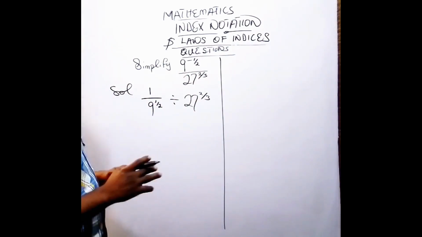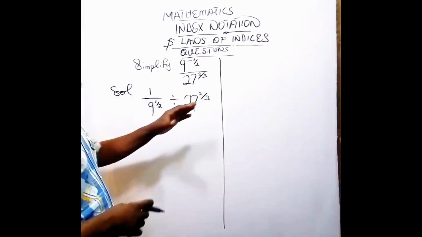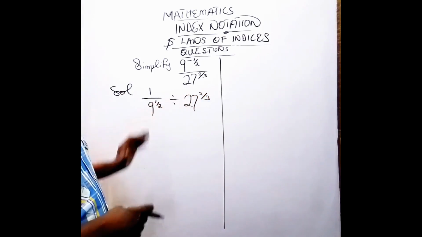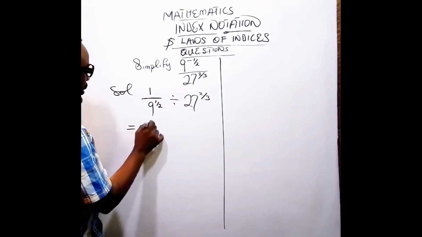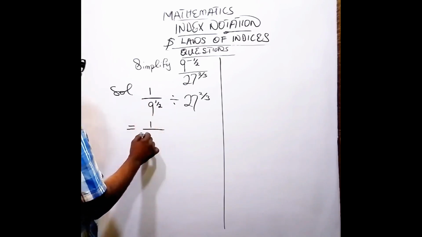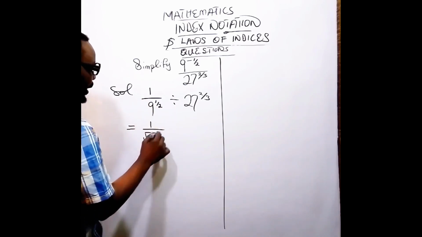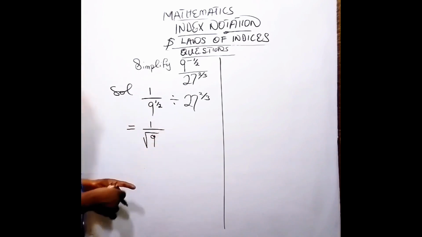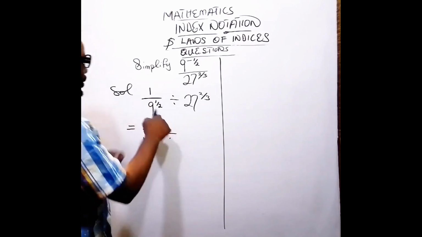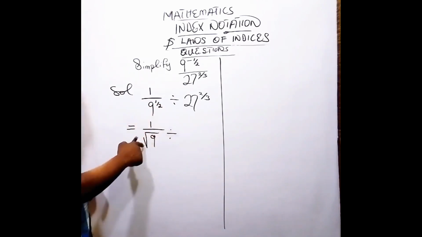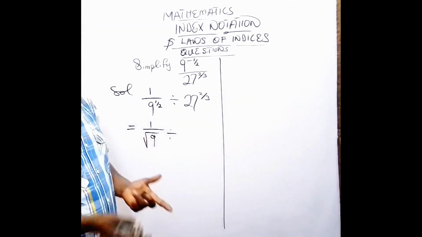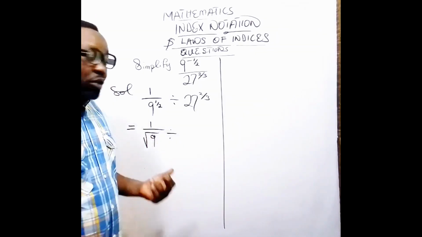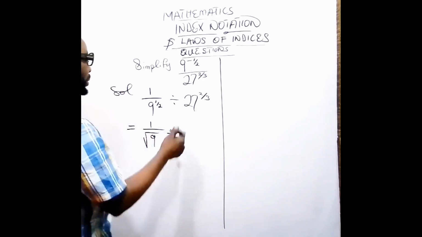Don't forget the information we said about how we are going to convert these values. Now, this will become 1 over the root of 9, with the power of 1, which we don't need to write. The value at the denominator serves as the root. We did not put 2 here purposely because we know that this is a square root on its own, so we don't need to put 2 here again. When 2 is there, that's the meaning of square root. Divided by